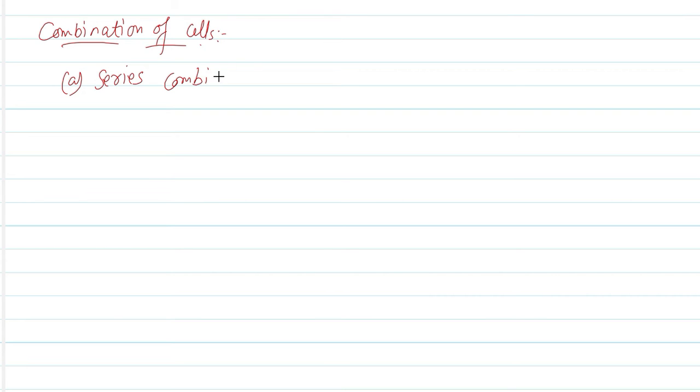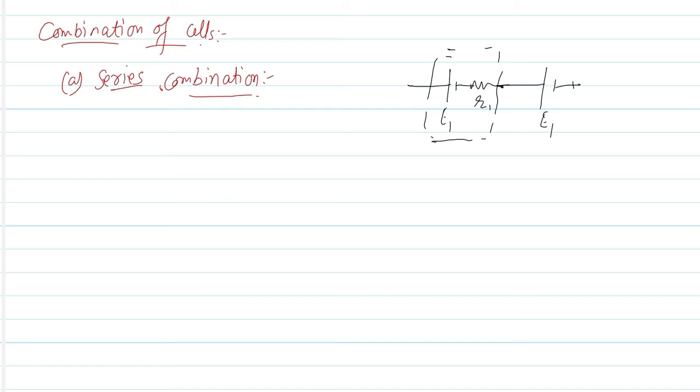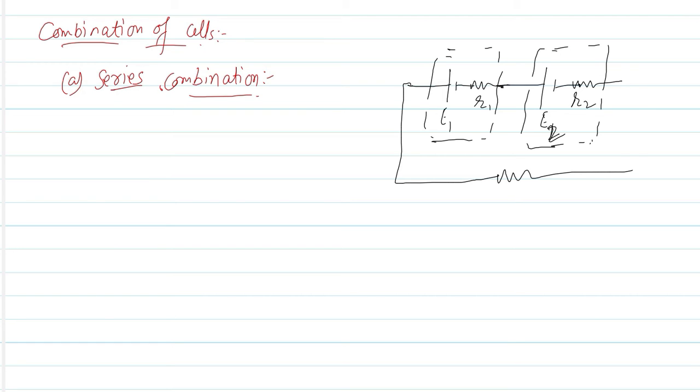This is for the series combination, right, students? So see what happens when you connect two cells in series. You connect two cells in series like this. One cell has EMF E1 and internal resistance r1, and this is how we represent any cell. Another cell has EMF E2, let's say, and internal resistance r2, and this is enclosed in a dotted box, right? Now I am connecting this combination with an external resistance R. Fine, students. So let us try to find the equivalent EMF of these two cells. How would you find the equivalent EMF?